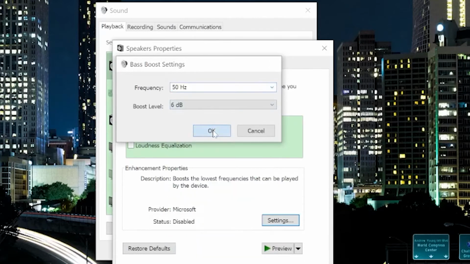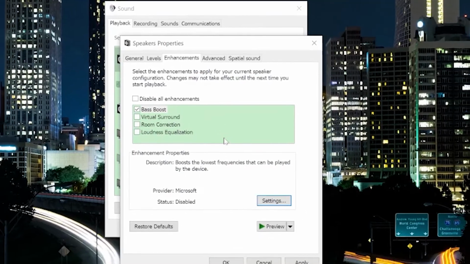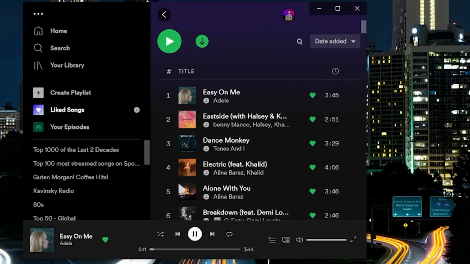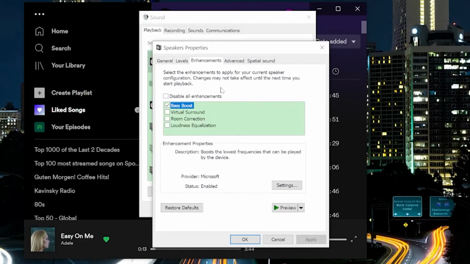it for 6 decibels. However, this method will automatically add some preamps to your headset, so it will not damage it, but I recommend you to increase it slowly, because if you go to very high value, it can damage your headset. After you did select it, you can apply the settings to see how it affects. You can also try other frequencies or just disable them if you don't like them.